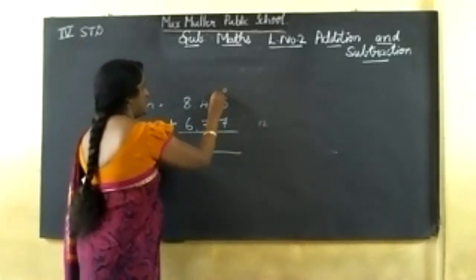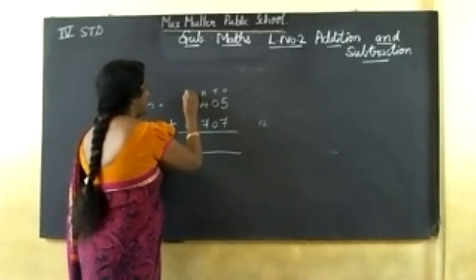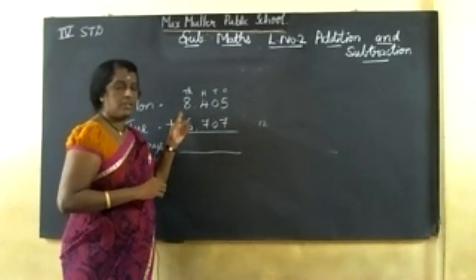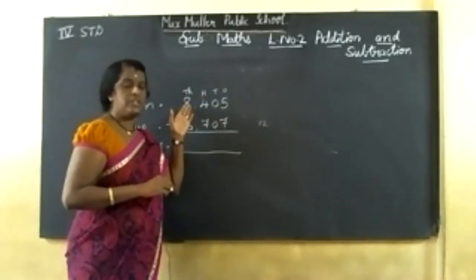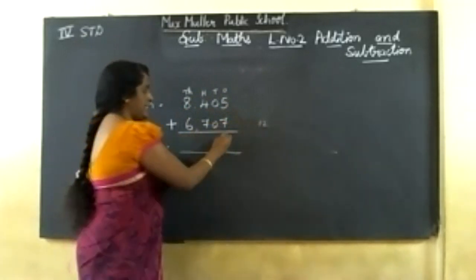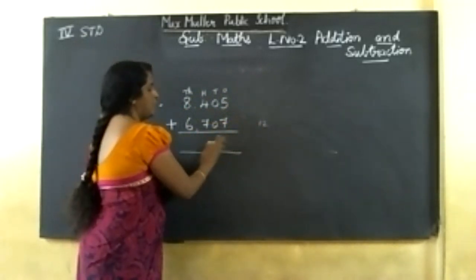This is ones, tens, hundreds, thousands. So 1 digit, 2 digit, 3 digit, 4 digit. So here 4 digits are there, and here 2 digits came. Do you write 12 directly here? No, because the next number is there.